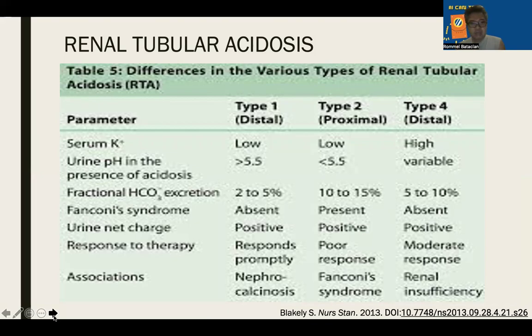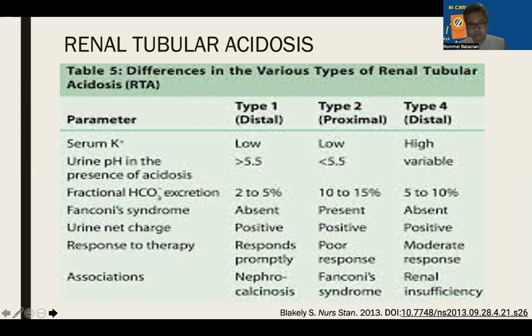This time we will be looking at some tubular diseases. So, renal tubular acidosis. There are three main types: type 1, type 2, and type 4. Type 1 would be primarily an impaired hydrogen ion secretion in the distal tubule. Therefore, there is an inability to acidify the urine because the hydrogen ion is not coming out. The primary defect is in the alpha intercalated cells that fail to secrete these ions.